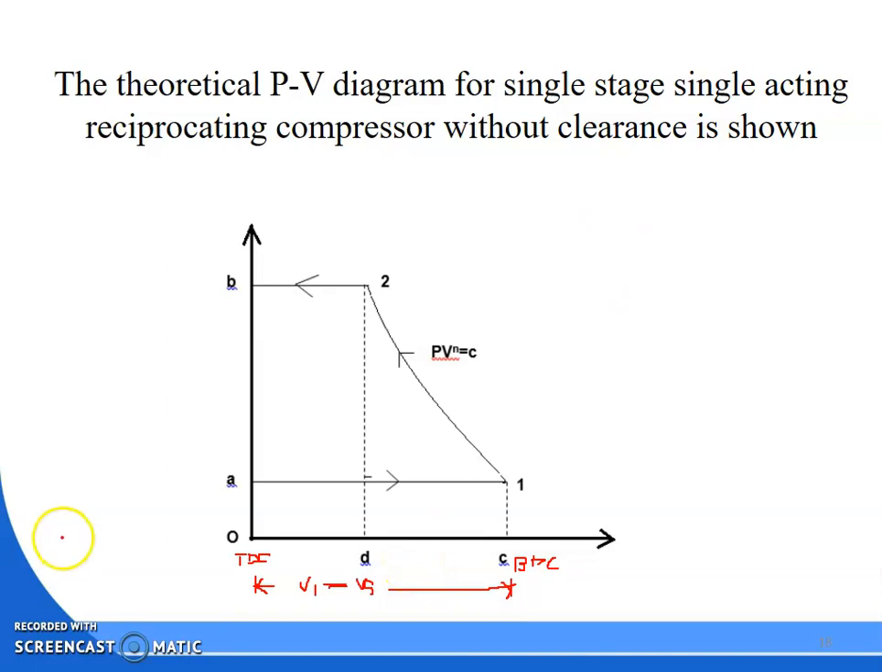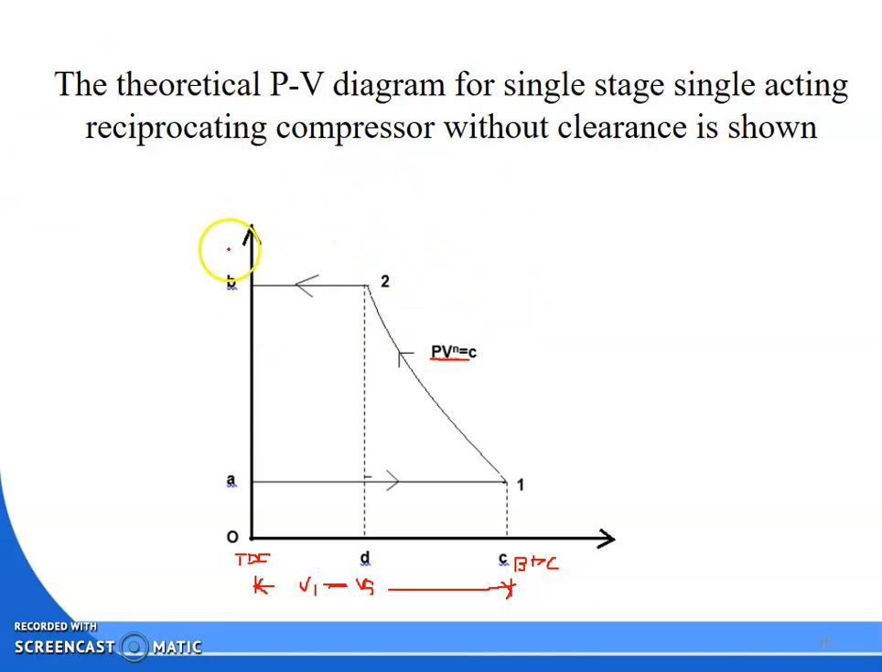So A to 1 is your suction and 1 to 2 is your compression. Here we are considering PV to the power n equal to constant, that is, polytropic compression. Then 2 to B is your delivery. And B to C, there is no air inside the cylinder because we are not considering the clearance volume, so no air returns from B to C. So basically your PV diagram is A to 1, 1 to 2, 2 to B and B to A. So to calculate the work input to the compressor,